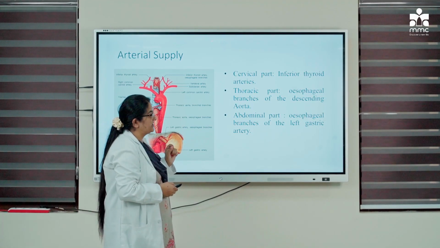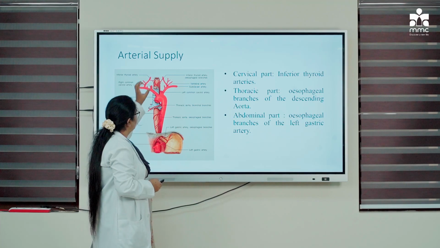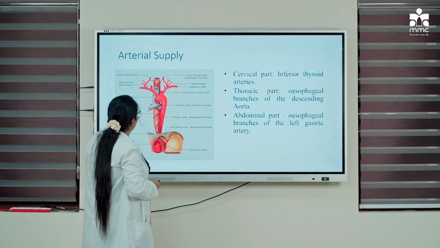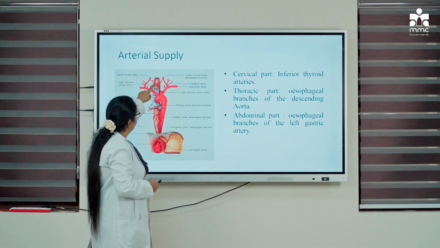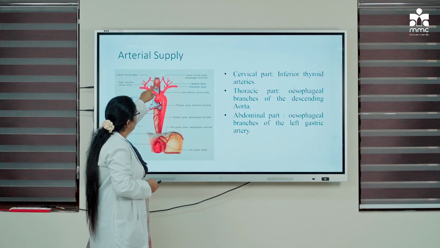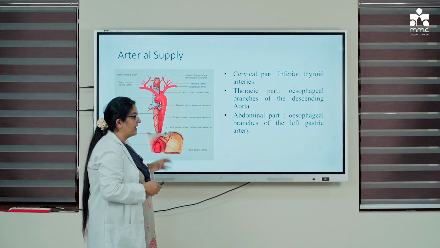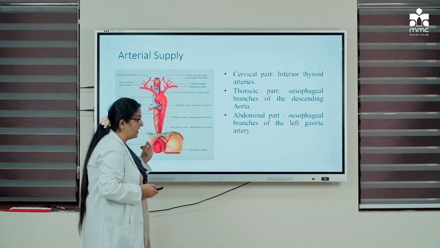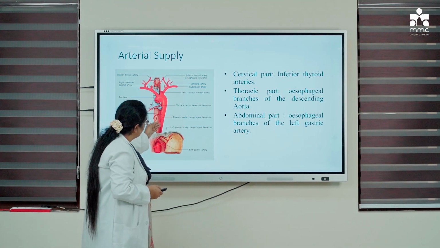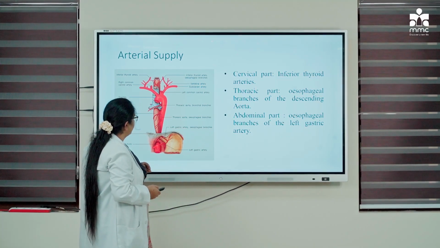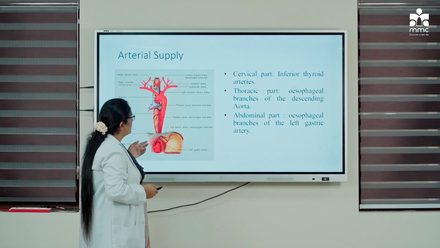Apart from that, come to the blood supply. What is the blood supply? In the cervical part, you can see here is the cervical part. From here, the one main artery which is going to supply is the inferior thyroid artery. This inferior thyroid artery gives branches here, which we call esophageal branches. Okay, then come to the thoracic part. The largest arterial channel present in the thoracic part, as we know, is the descending thoracic aorta. So this descending thoracic aorta is also giving branches to the esophagus, which we call esophageal branches